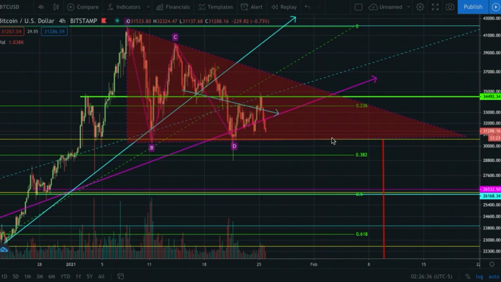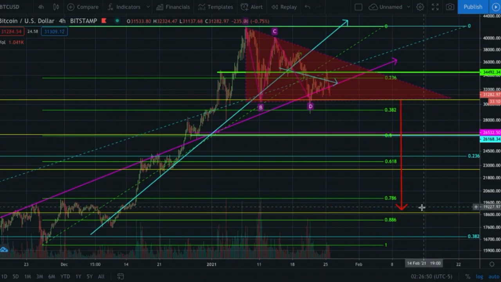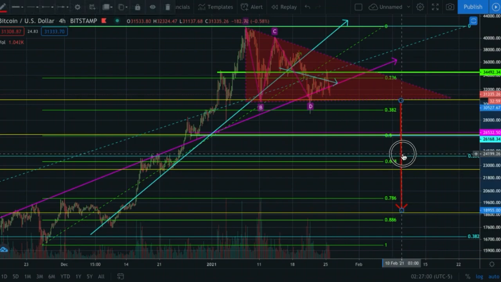The price is being propped up with a buy wall on the bottom here. And then meanwhile, every time the price pumps, it goes lower and lower and lower because people are losing optimism in this asset. And then finally, the asset will break down to the downside. I have literally been saying for, I don't even know, a month or so now, that we would be coming back down to this 18,900 range. And that is the measured move.